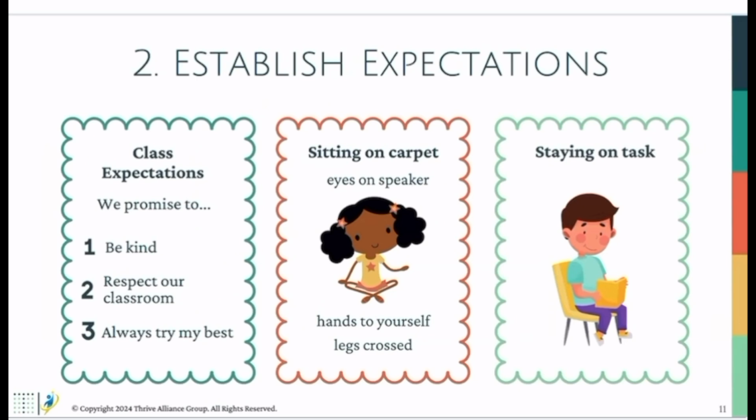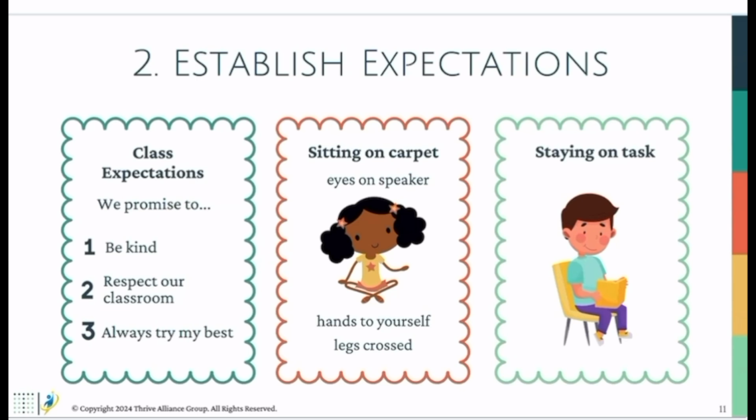Establishing expectations is the first step. We cannot assume they know appropriate school behavior. Most do not. Think of your classroom. Do you have a set of expectations for display? If so, good for you. If not, consider including your students when creating the class rules or a set of expectations or even a class